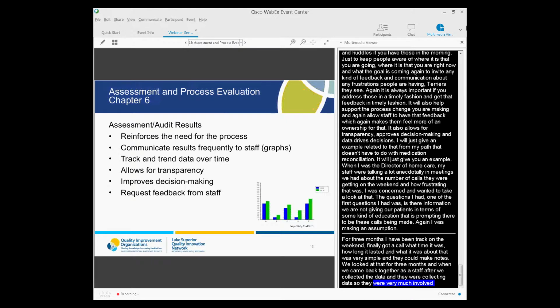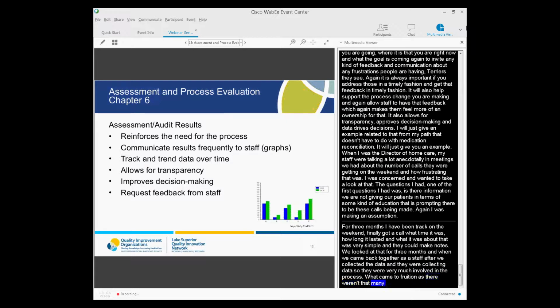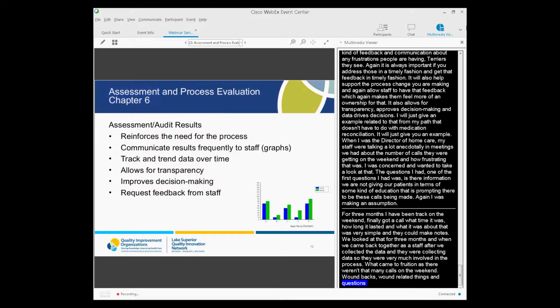What came to fruition was there weren't that many calls on the weekends, and the ones that there were had to do with things like wound vacs, other wound-related things, and questions about just how to handle certain other situations. They were reporting things that we actually needed them to report and wanted them to report. So we came back together